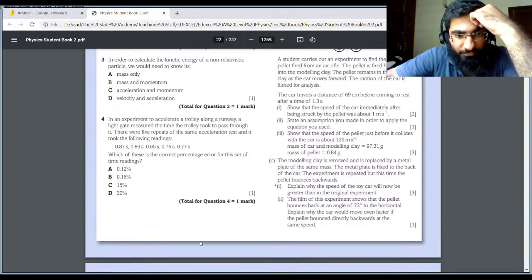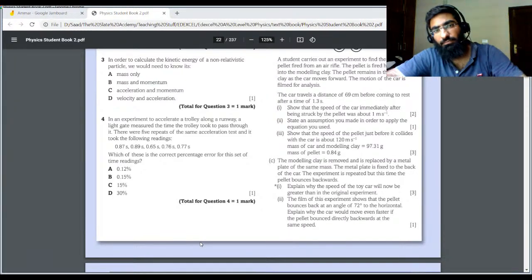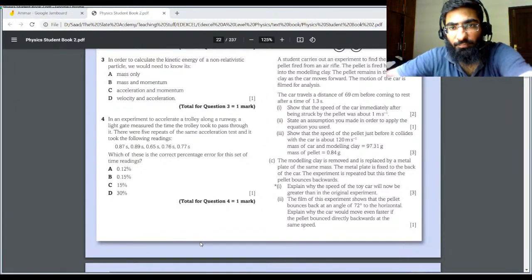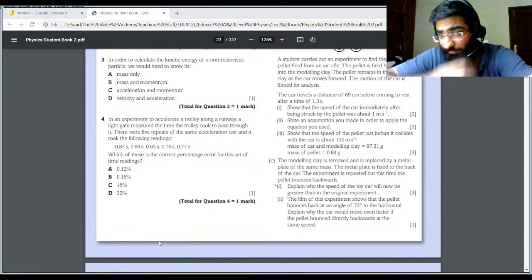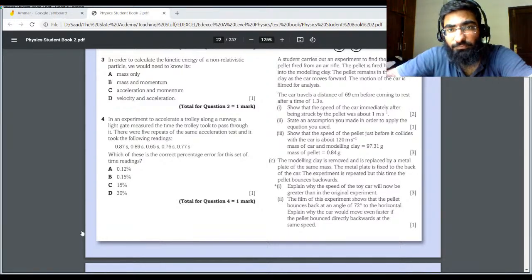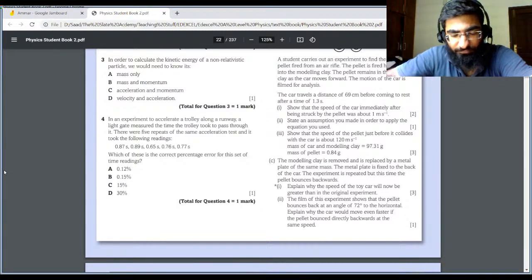An experiment to accelerate a trolley along a runway. A light gate measured the time the trolley took to pass the card. Okay. Firstly,